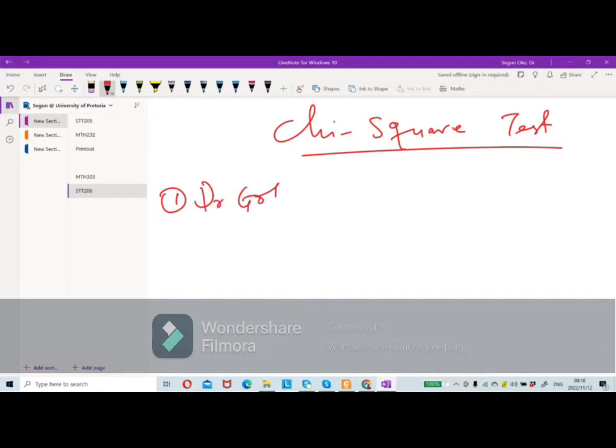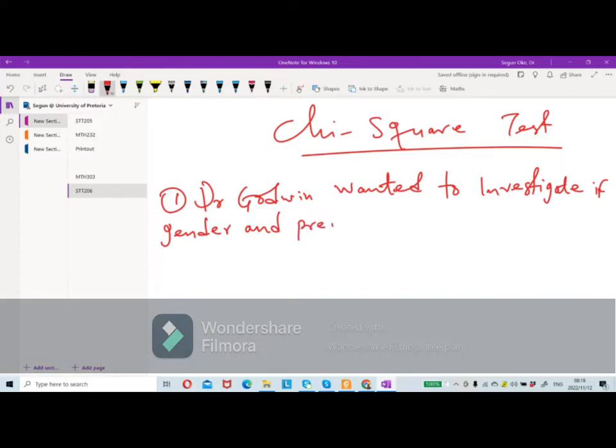Dr. Godwin wanted to investigate if gender and preferred color